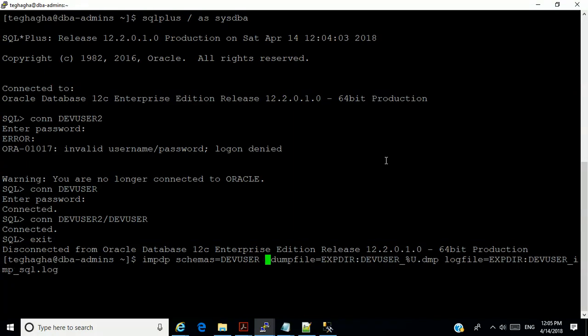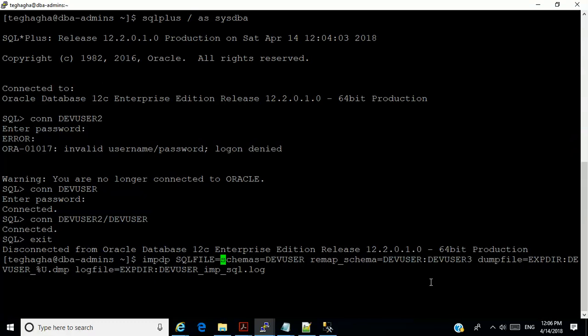I'll say remap schema equal to, let me just leave it the way it was, dev user 3. But I'm going to add another parameter here called SQL file.